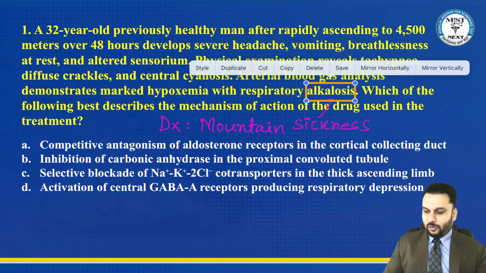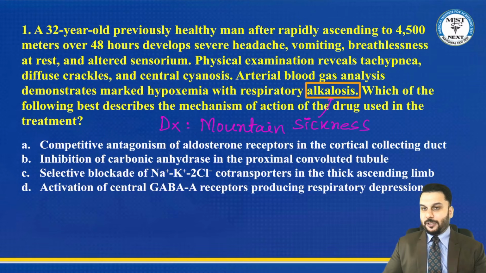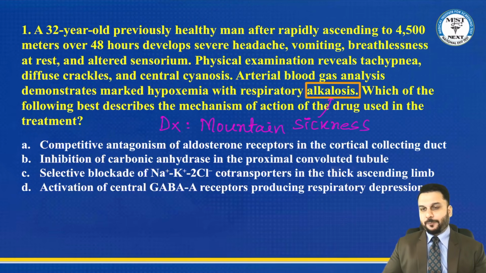So technically, all we need to do now is to reverse this and produce acidosis to treat this patient. So we need one medication that can produce acidosis. What is the drug that can do that? I think everybody knows it's called acetazolamide. The way I teach you guys is aceta causes acidosis. So that's the side effect of the drug, acidosis, which we utilize in the treatment of mountain sickness. Now the question is asking, how does that drug acetazolamide work?